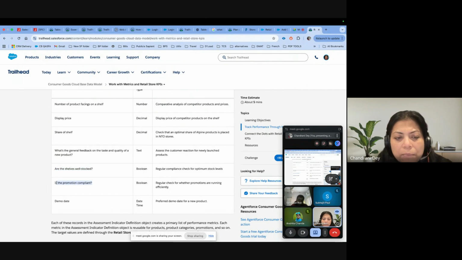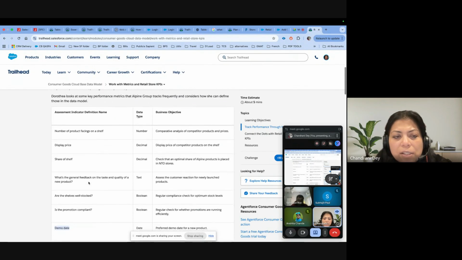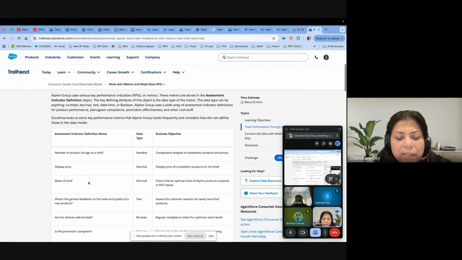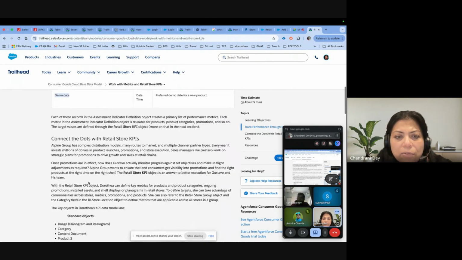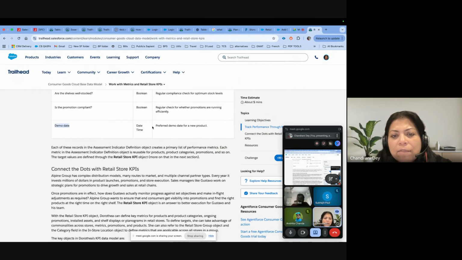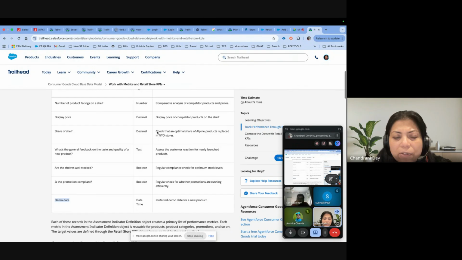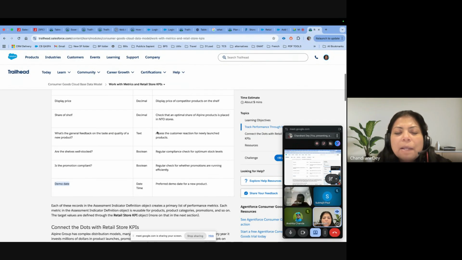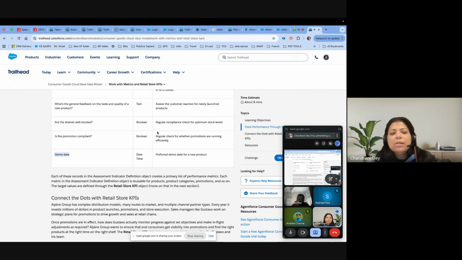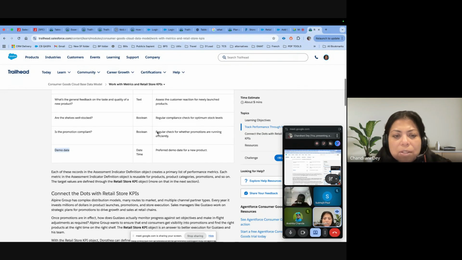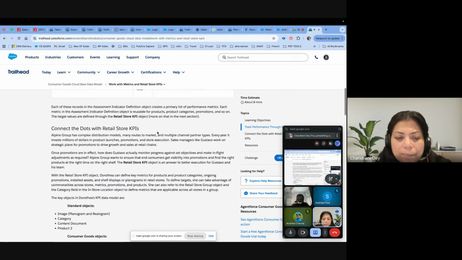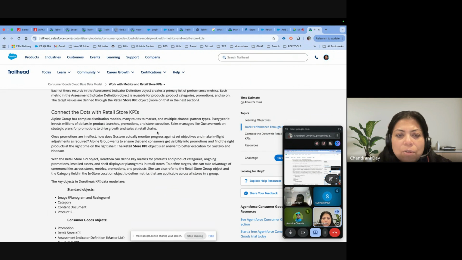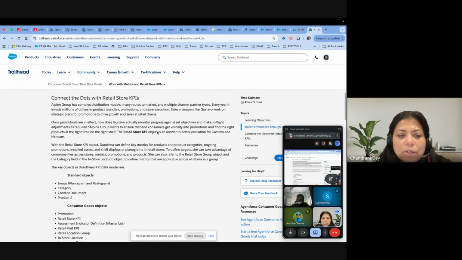Is the promotion compliant? Demo date. So these are all the definitions that you are going to use in the assessment indicator definition object. And then you also have the objectives here, right? Whenever you are implementing the CG Cloud, you are going to see what objective the business wants to fulfill with their assessment indicators. So that is how you choose what definition you want to use